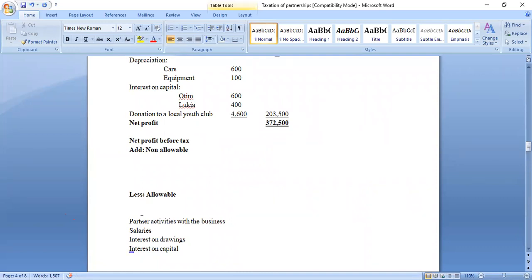Then for interest on drawings, we know that interest on drawings is an income to the business. If a partner withdraws, say 10M, and is going to pay an interest of 10% on the 10M, as a business, you're going to get that interest income of 10%. Because this income, we remove it by lessing. So that's the whole thing, and you're done with the partnership. Not done, but after doing that, now you have profit